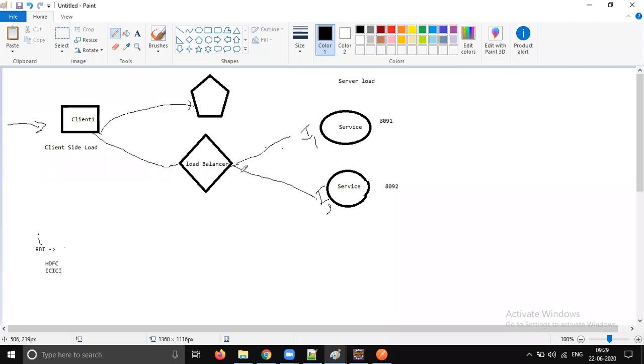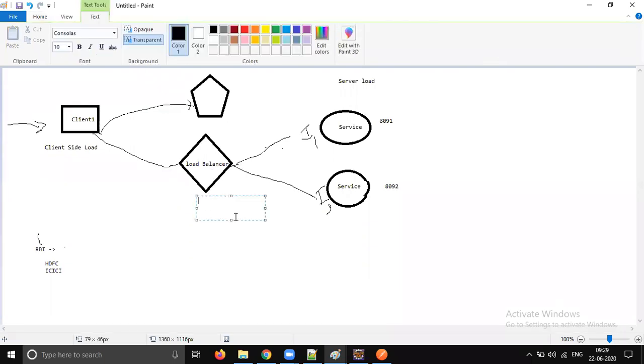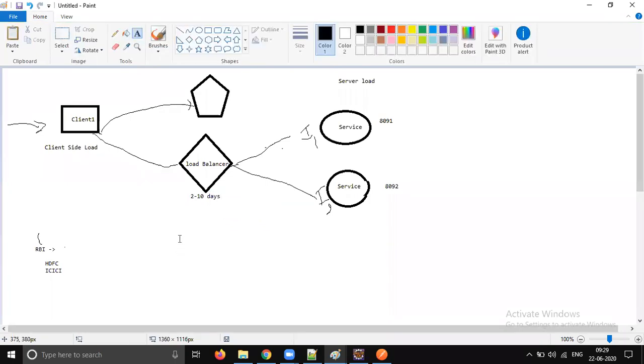We need to raise some ticket. It has to be reviewed, certified. So it won't happen in 1 or 2 days, right? It will take some time, minimum 2 days and maximum 10 days, like that the configuration will be there. So it's that costly. In microservices, these kind of costly operations won't fit, right? So we need to have our own load balancer, which has to be pretty fast and manageable by our application and developer. We need things to happen very quickly.